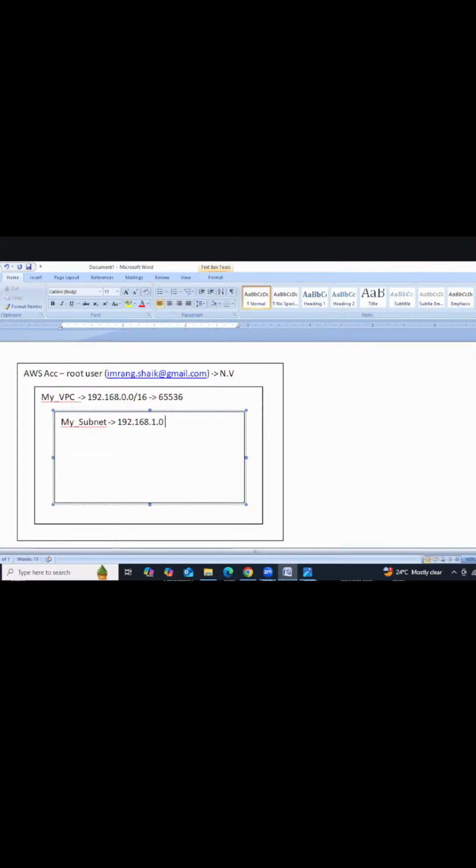Then /24. Very good. Super. How many combinations? 256. How many are we going to avoid? -5. So how many instances can we launch into the subnet in total? 251.